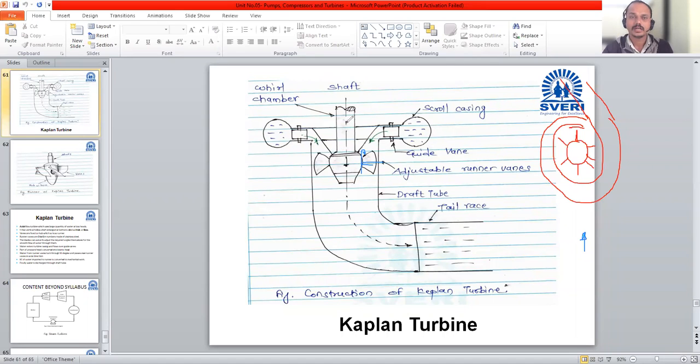Okay, this shaft is connected to the generator, and generator converts mechanical energy into the electrical energy. Okay, that whirl chamber, it means whirling velocity is there. Actually you don't go in deep for that whirl, because it is related to that whirling velocity, then actual velocity, then relative velocity. Okay, 1 second.